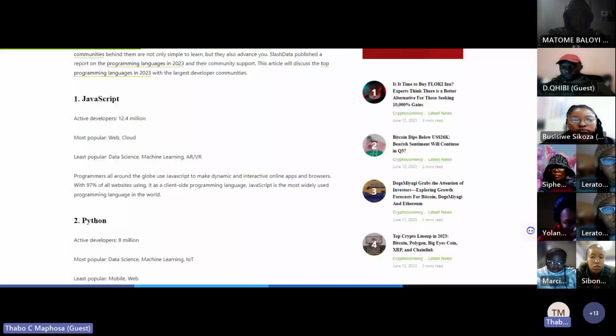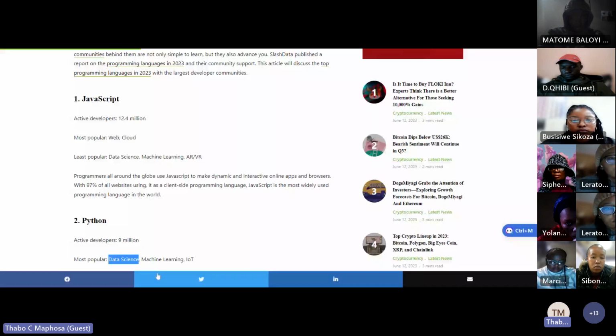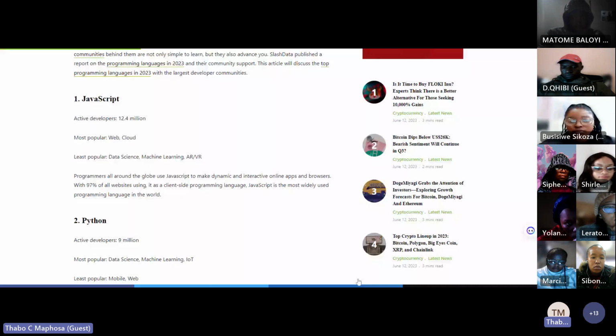As I said, these are the major commonly used programming languages in the world. Amongst others, there's SQL, Java, and all those other languages.